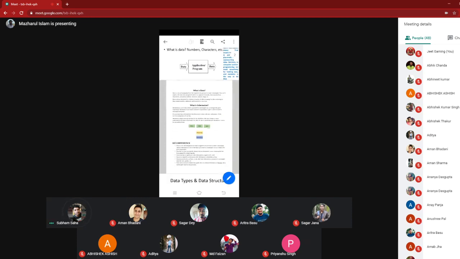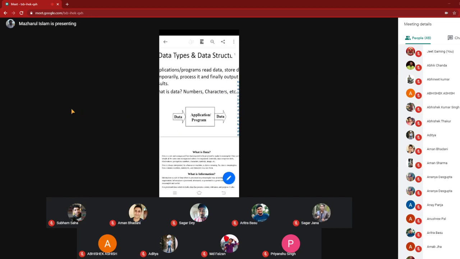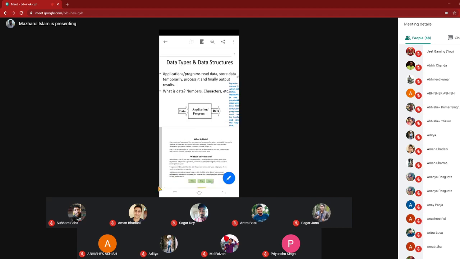So, to know about data structures, today I will briefly introduce the various topics you will learn throughout the semester. Your application program, your C program, your Python program that you have already written in your first and second semester, declares some kind of variable for temporarily storing the data, processes it, and finally presents the output.